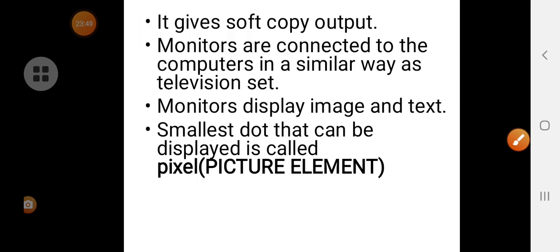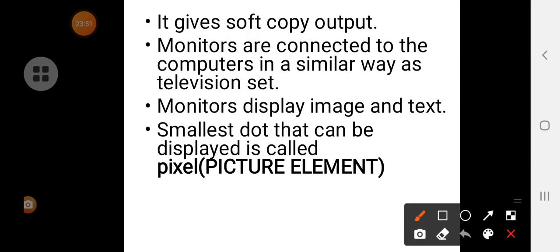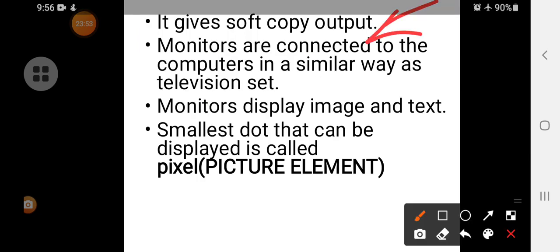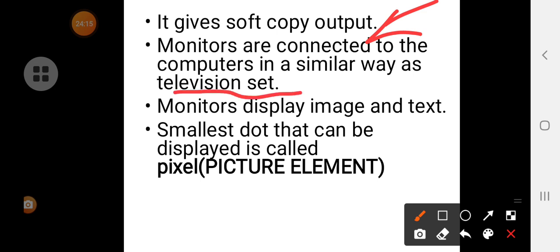Okay students. So next, what does it do? The monitor will always give a soft copy output. Soft copy output in the sense what? It cannot be touched or felt by the user, but we are able to see the output. Okay. So monitors are connected to the computers in a similar way as we connect a television set.